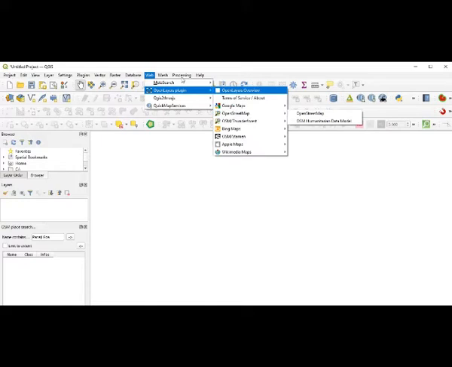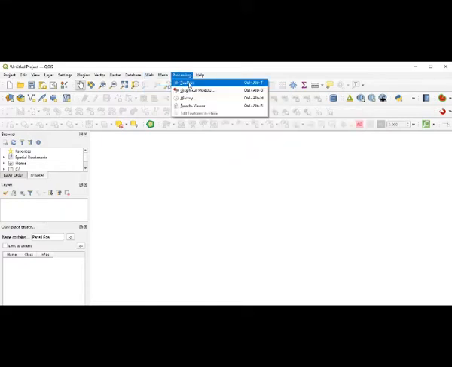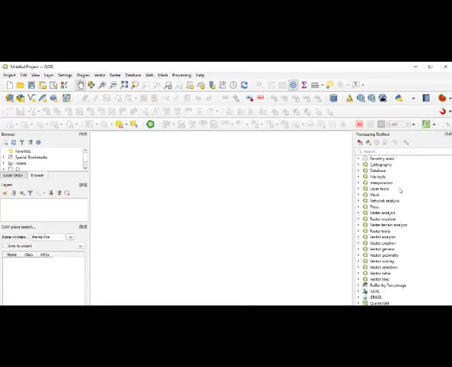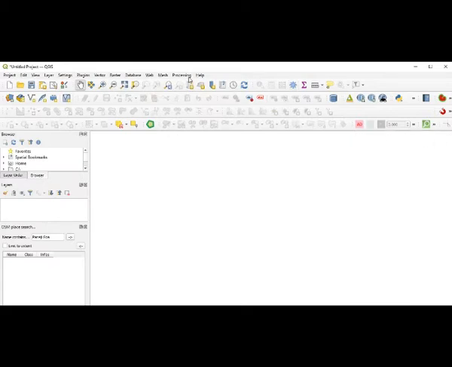Then the processing toolbox is going to be there. When I click here, you can see on the right side the processing toolbox has come. This is going to be for advanced working, and we require this kind of thing. Right now, I will uncheck it. Okay. Then processing and then help. These are actually going to be the menu bars. And under each of the menu bars, we have a number of functions.